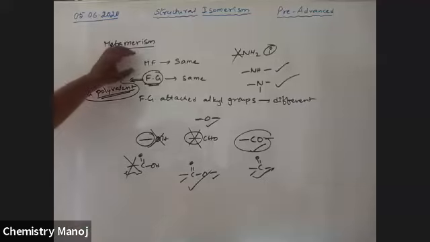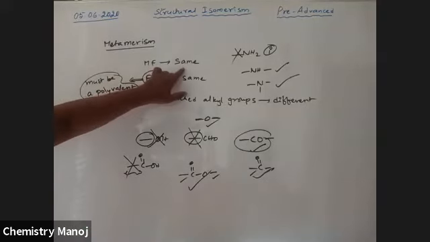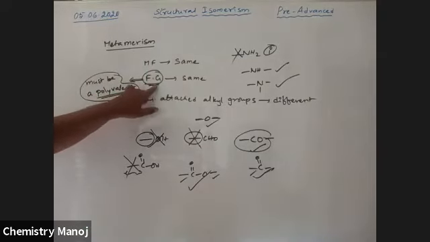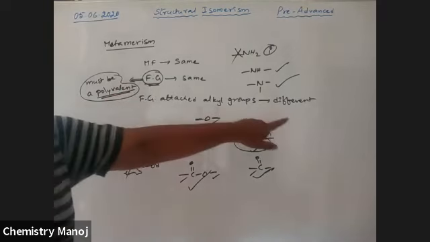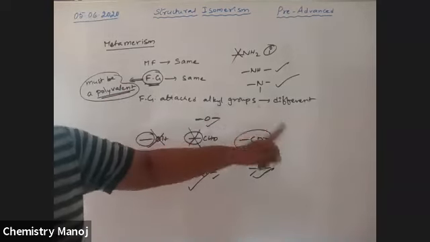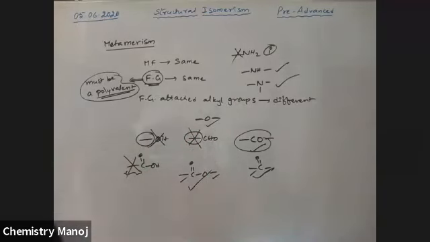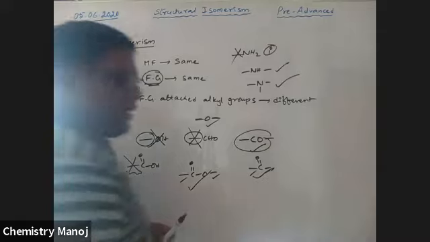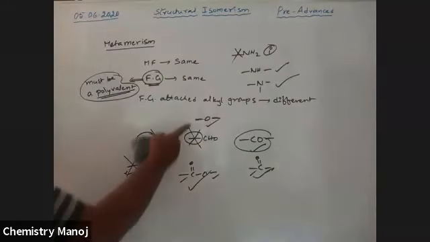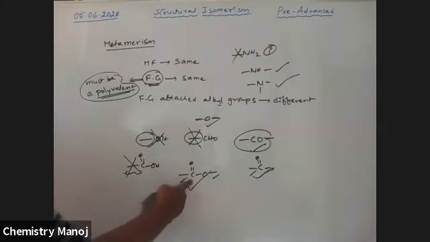So compounds having the same molecular formula and the same functional group, but different alkyl groups attached to the functional group, are called metamers, and the phenomenon is known as metamerism. I am writing some examples by taking ethers, ketones, esters and the like. Acids are not possible because COOH is monovalent.